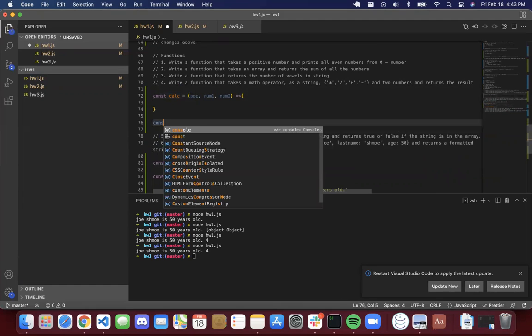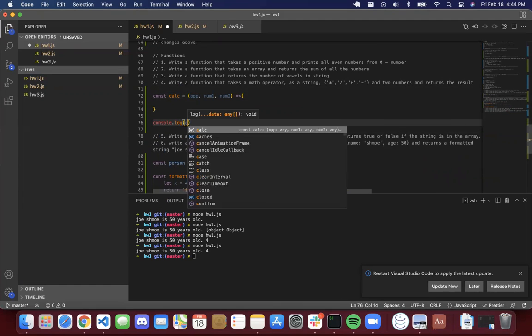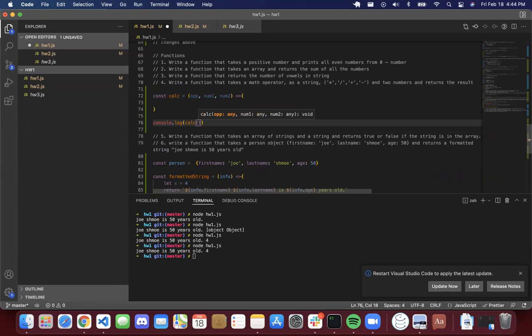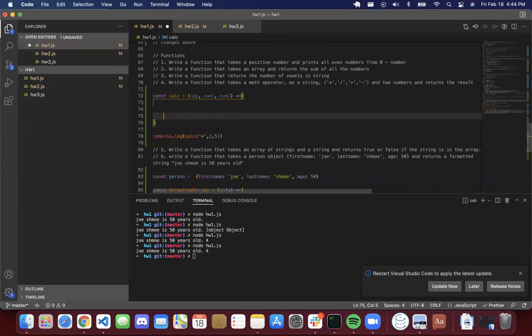And then just real quick, I'm going to go into the console.log for calc, and someone give me a math operator. Times. And then I'm just going to pick 2 numbers. So 2 and 5. So we're going to expect this to give out 10 when we're done. So for this one, you're going to check to see if the operator that is being passed matches